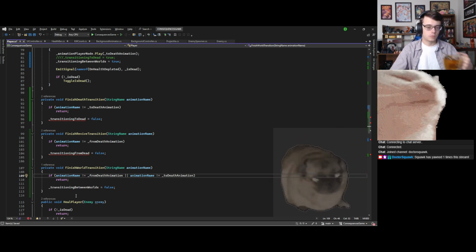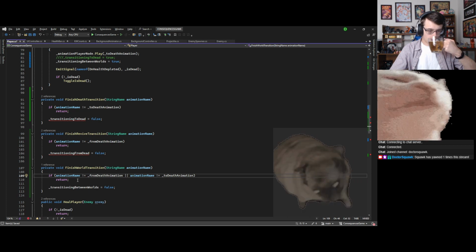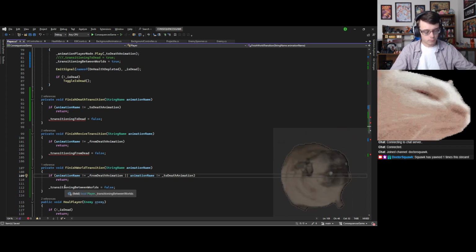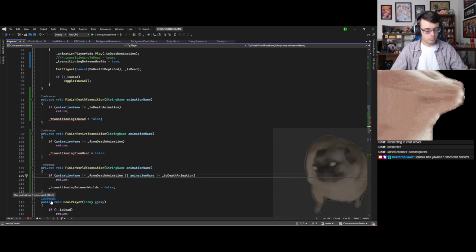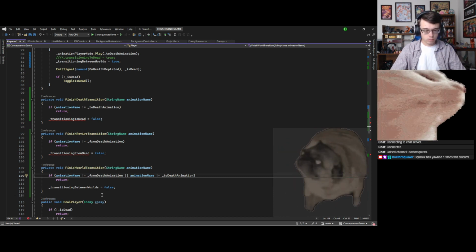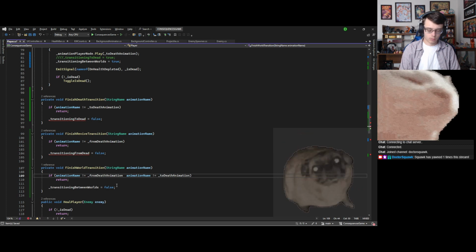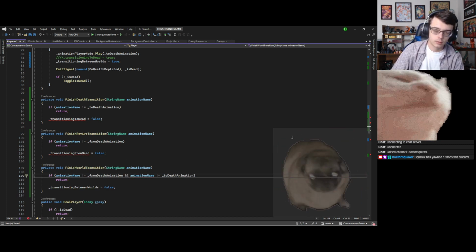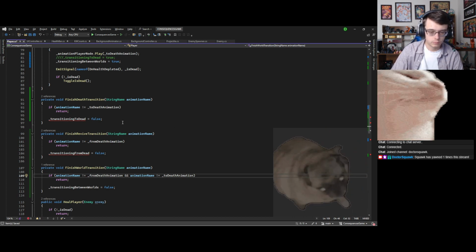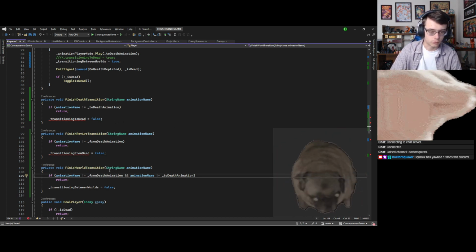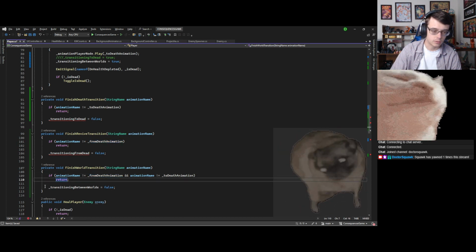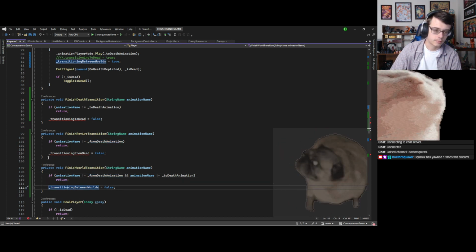Then I want it to be true. No, it's an and there. Because otherwise, this would be false. If it's one of these, it would be false, which means it gets past the return and does the thing. It should be.